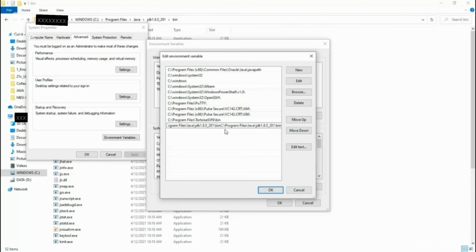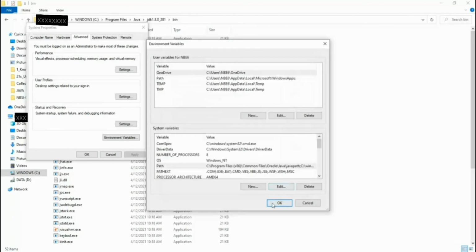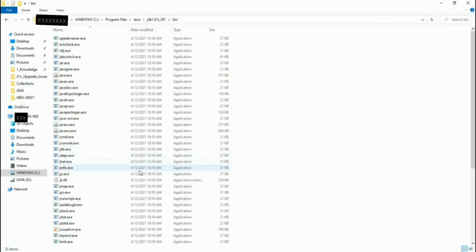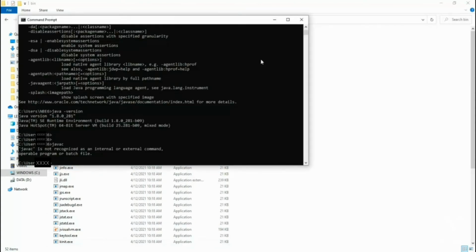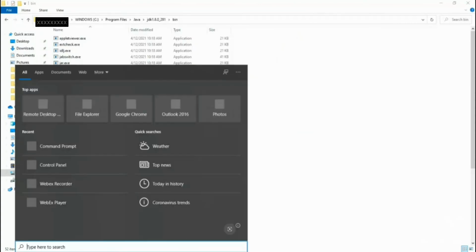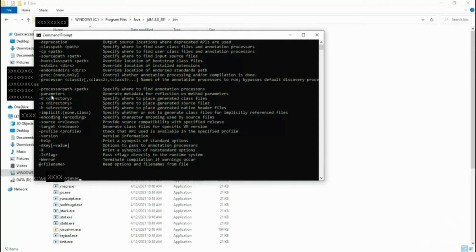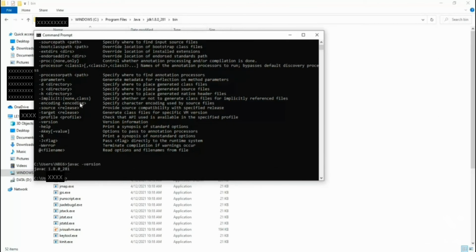You need to click OK. I pasted twice, so I am removing it. Okay, and okay. So again I need to close it and open a new command prompt and type javac. Now you can see it is giving the proper version as well.